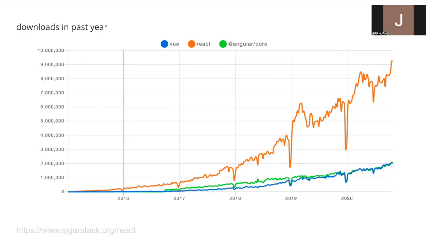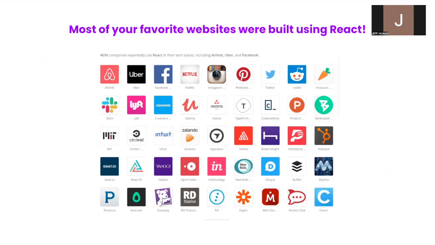As you can see, from 2016 to now, React has gone up really high. Some of your favorite websites are probably written in React, such as Uber and Netflix. So React is widely used and very common, and we'll be getting to React, I think, in a later workshop.